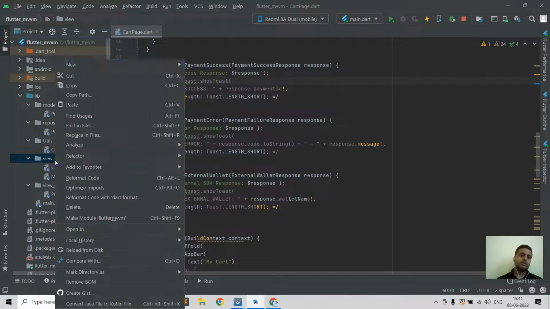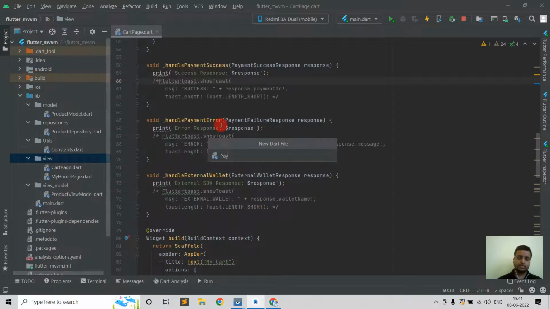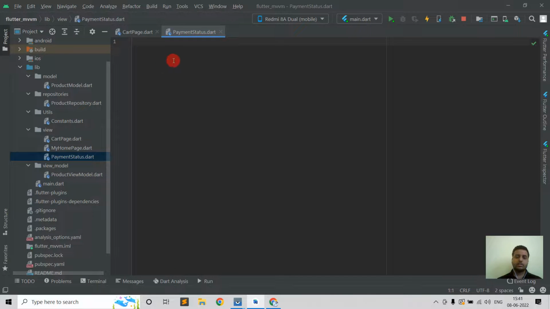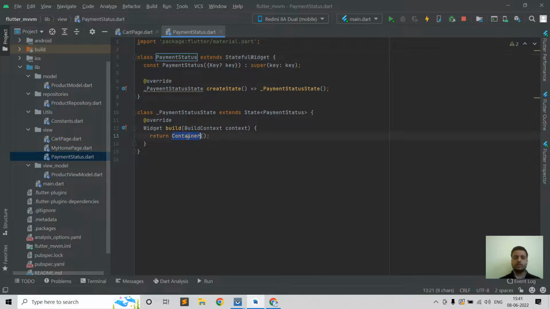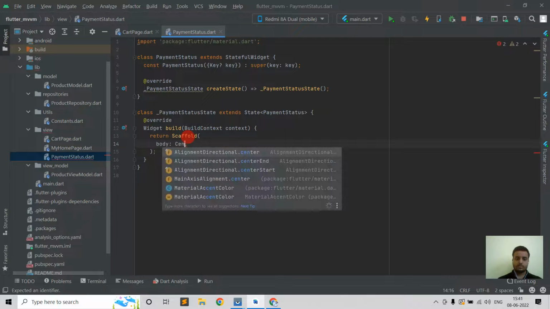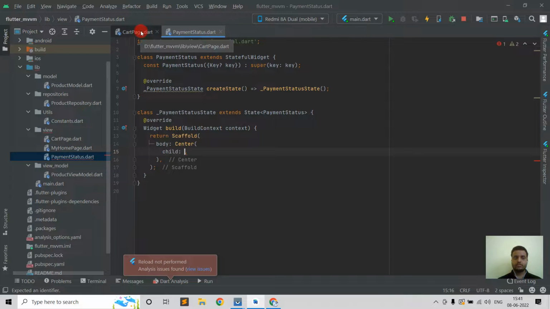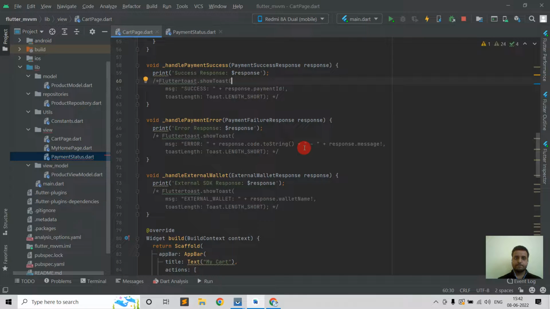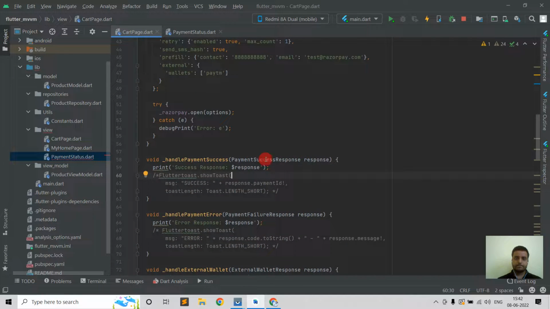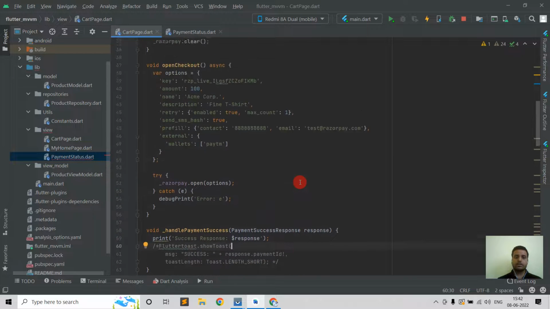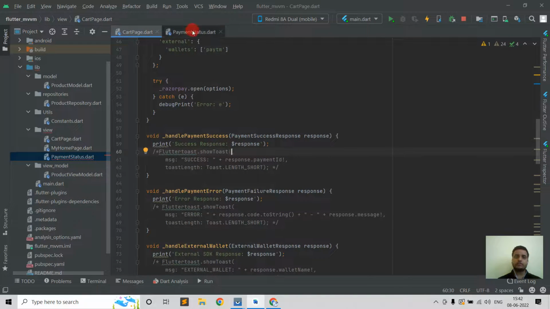we will create one more view, payment status, stateful builder, and then if the payment is a success, then we need to pass some parameter into the payment status. Okay,